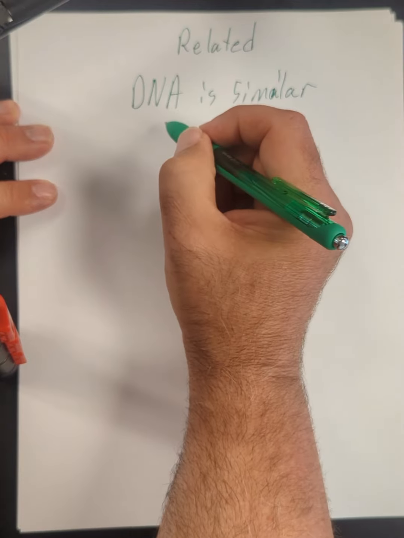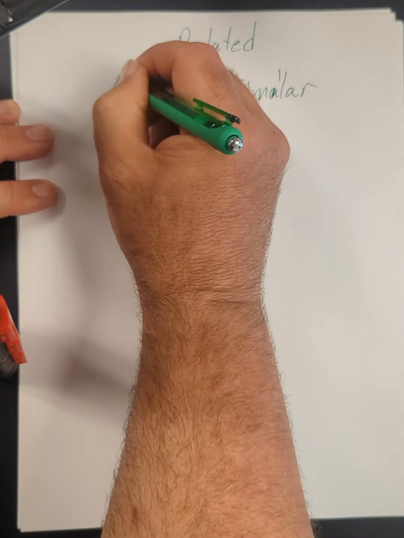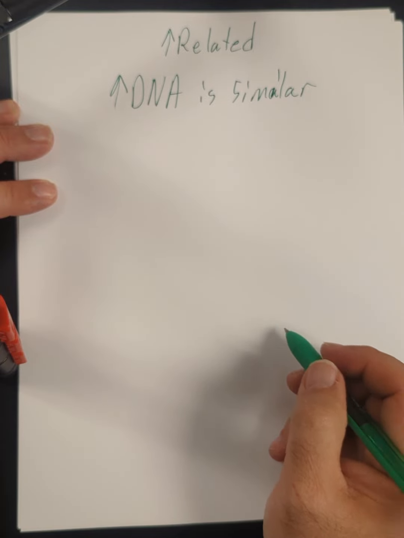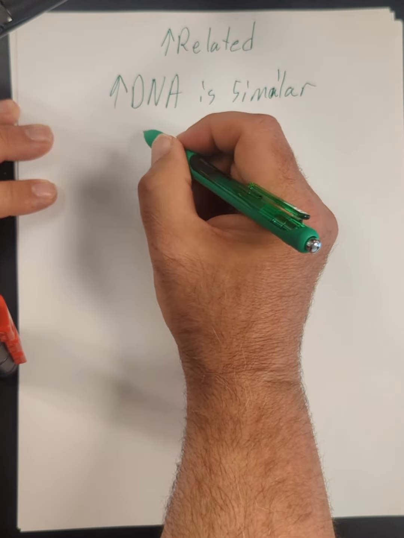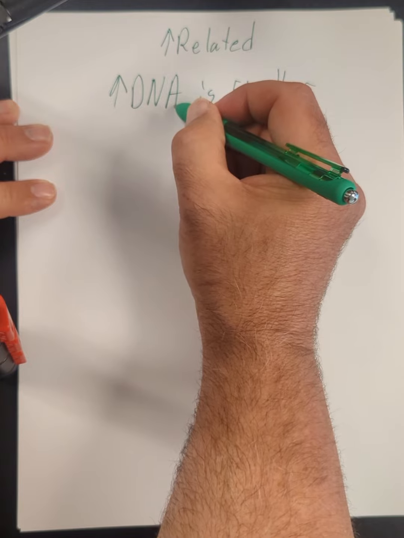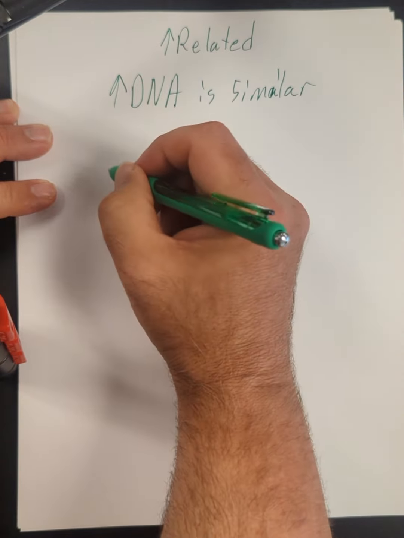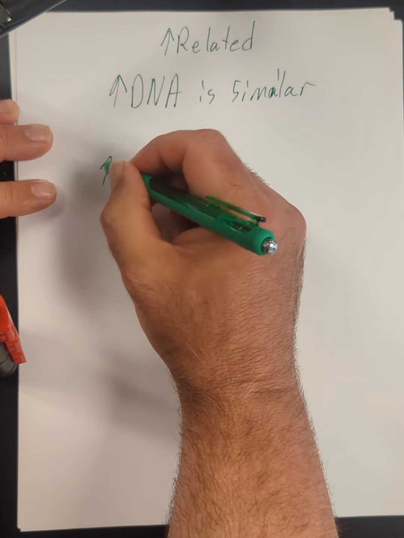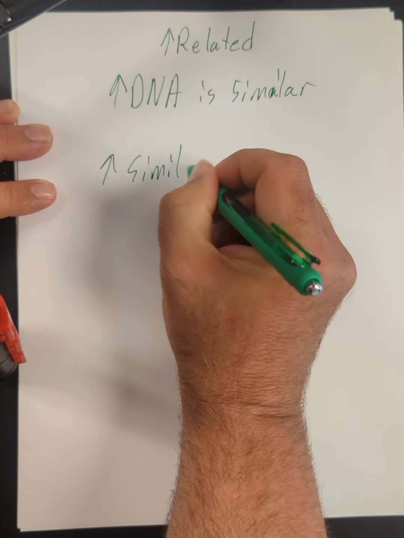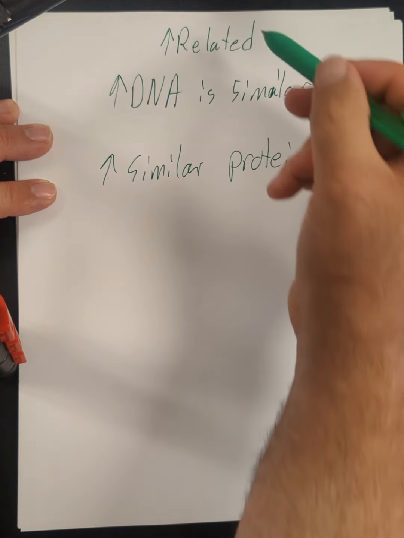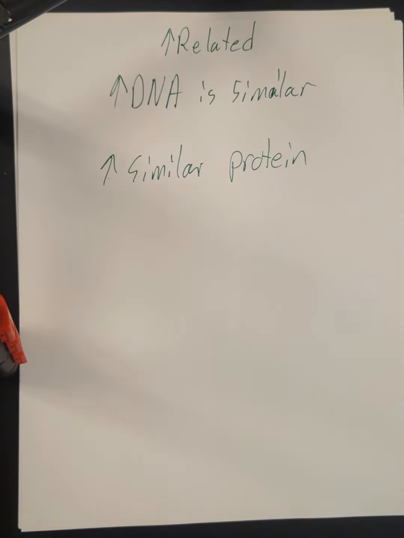And as the similarity increases, so does the closeness of relation. Now, because DNA gets transcribed to RNA, which gets translated into protein, the more similar a protein is, then the more closely related something is. For example,